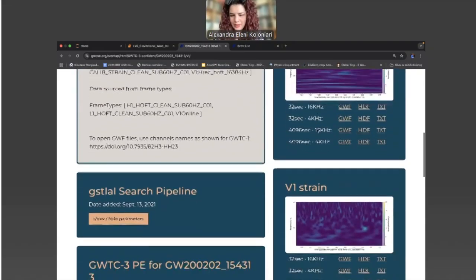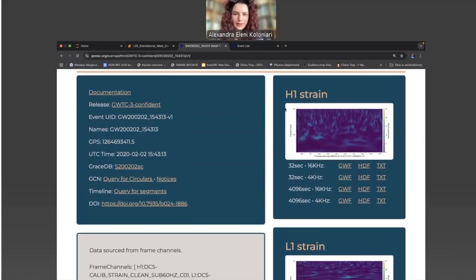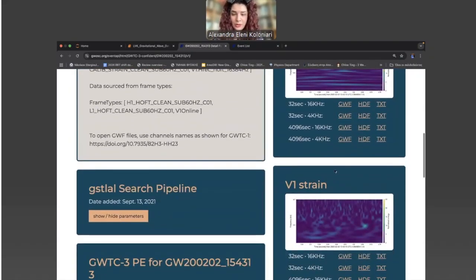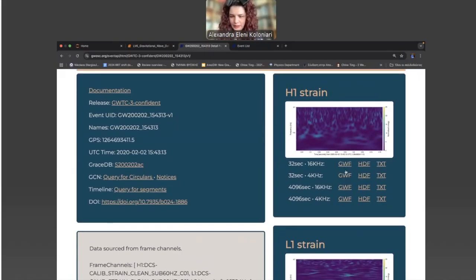For example, here we see that all three detectors were running at that specific time. So we have the spectrograms for each of those detectors, and you can here again download the data for that specific event in different sample rates, for example, and in different forms, for example, HDF, TXT, etc.